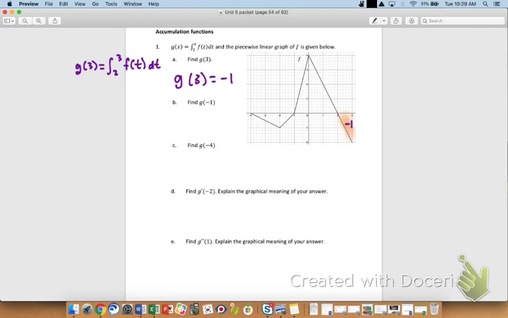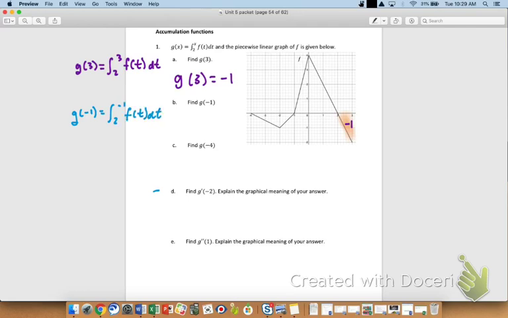Okay. Take a look at letter B. Letter B says find g of negative 1. So again, if you know that g of x is something, and then it says find g of negative 1, what do you do? Substitute for x, well said. So wherever you see an x, you put a negative 1. So this would be g of negative 1 equals the integral from 2 to negative 1 of f of t